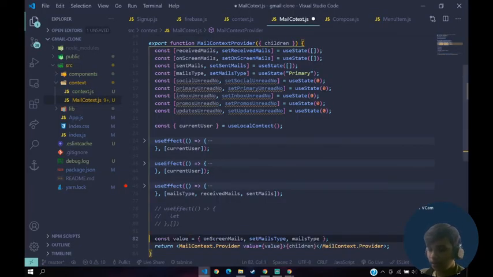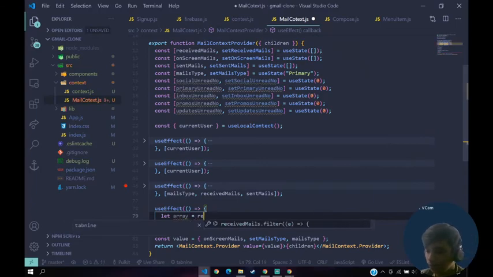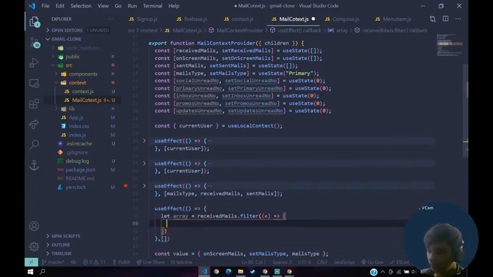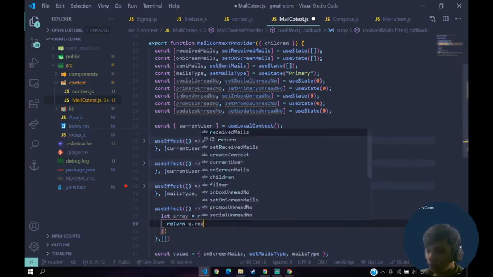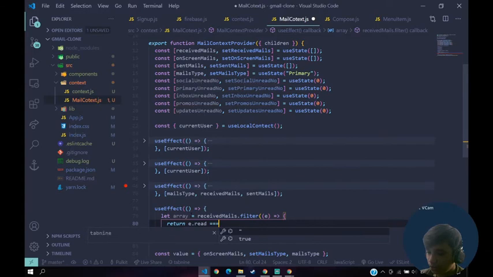Let's comment this out, and then let array equals received mails dot filter event, and inside of this we have to return only those mails whose read is triple equals to false.